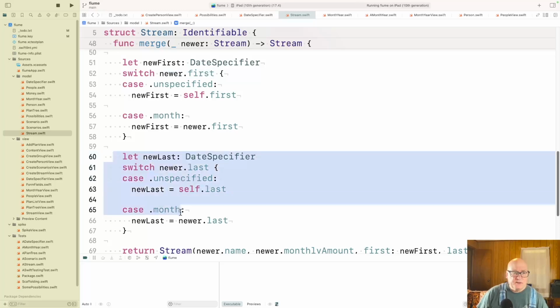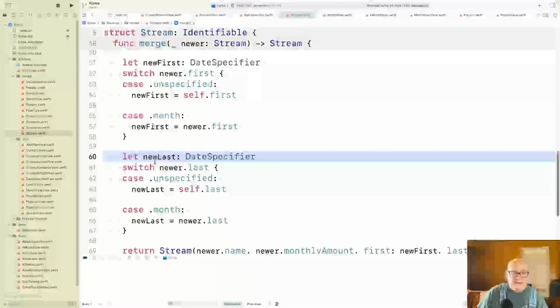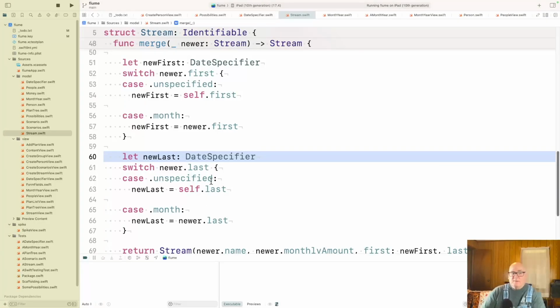But what I think we could do is, since everything about this is about a date specifier, we should be able to put a method on there. Key path, is that right? We use them when we use Swift, like if you have for each, and then you want to say ID is some field, then you do backslash dot field to get that key path or whatever it's called.